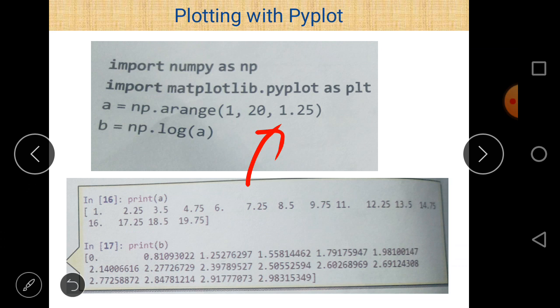And for b, b is equal to np.log(a). So b is calculated using the log function, and the log is taken for all values of a. So we get different values of a and b.